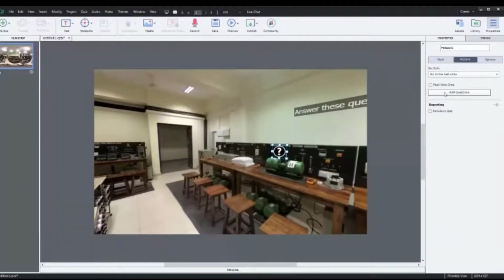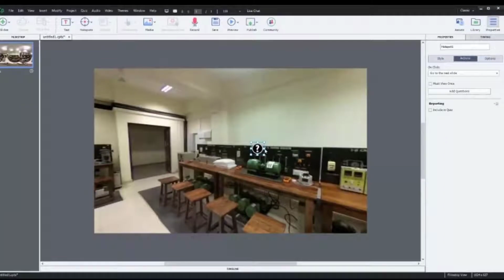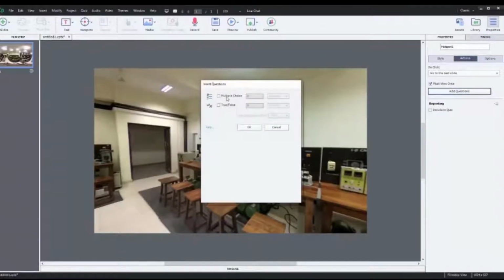What I want is to add a question here. So I want the student to view this question at least once before moving. So I'm going to check this must view once option. And action wise, it is fine. It needs to go next, but I want a question to be added to this hotspot, right? So there are two options, multiple choice or true or false. It's checking multiple choice. This means I can add one question. I could have made this 2 in case I wanted to add 2 questions at this point. I'm going to go ahead with 1, and it's a graded question, so there will be marks associated with this question. So we say okay.